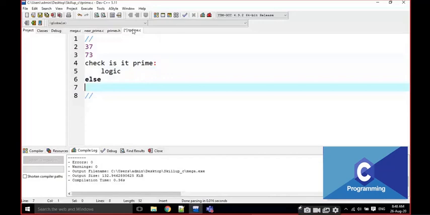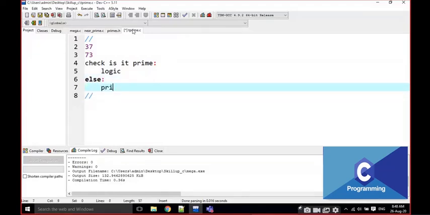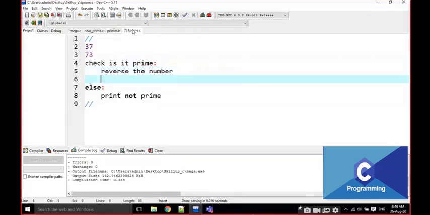Else, print not prime. What is the logic here? If it is prime, I am going to reverse the number and check whether the reversed number is prime or not. That's it. This is my algorithm. That's it. Check, is it prime?